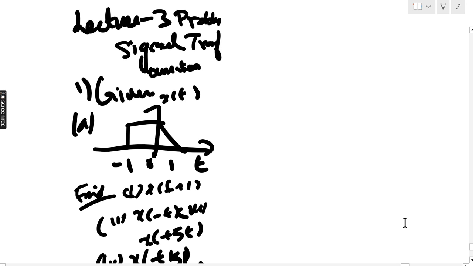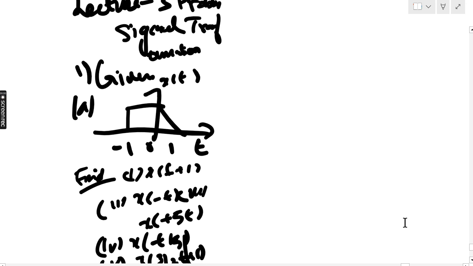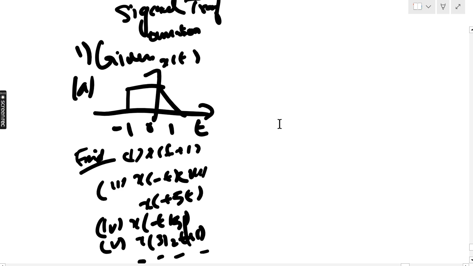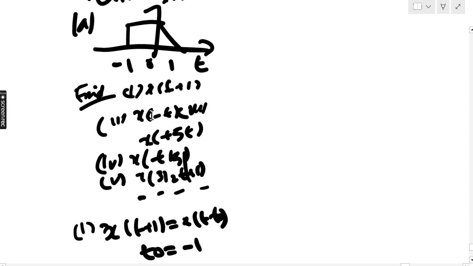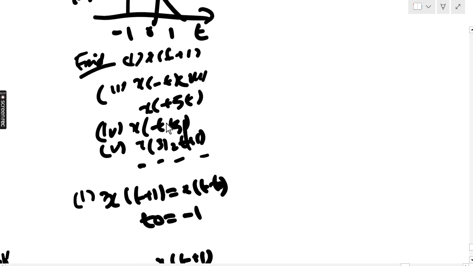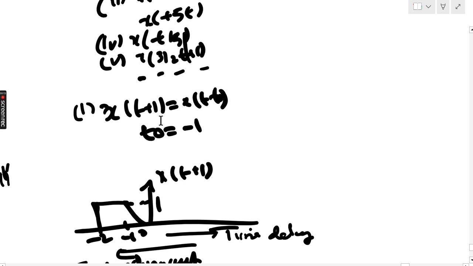The three properties of signal transformation. The given one is the graph from -1 to 1. So we need to find x of t plus 1, x of t, x of cos by t, and there are many more. First is x of, first is